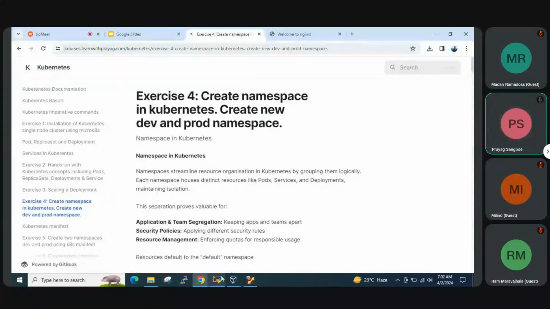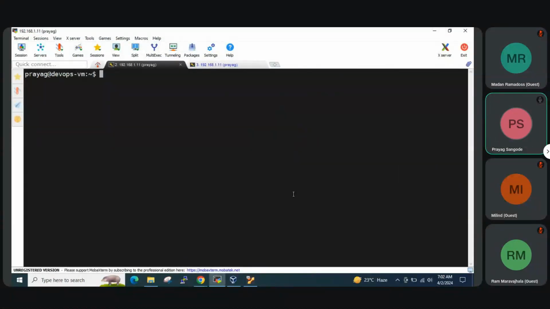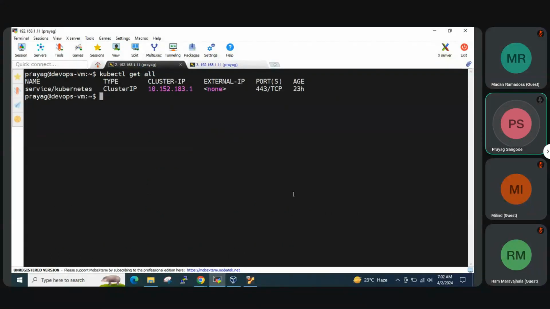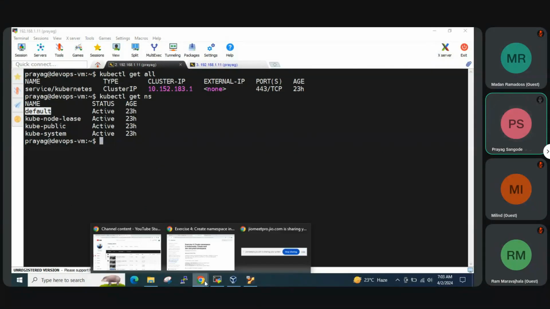Now kubectl get all. Okay, all will give the pods, services, deployments, replica sets. If you want to see the namespaces, what is a namespace, I will explain. kubectl get namespace. So by default you will see these 4 namespaces. And till now we were working on the default namespace, and how to check if it was a